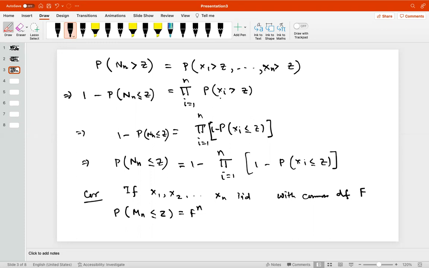Everything is the probability of Xi less than or equal to z, which is actually F(z). So it is F(z) whole to the power n